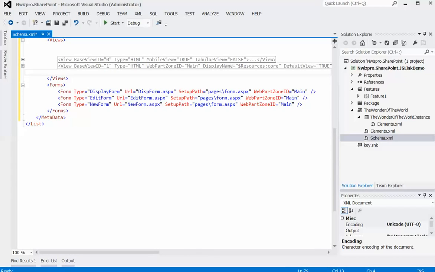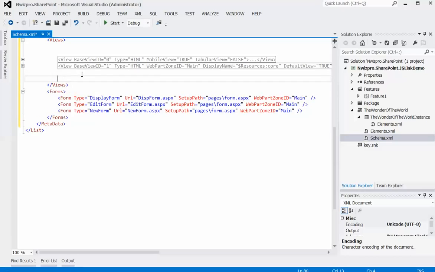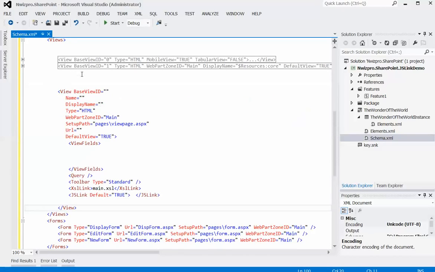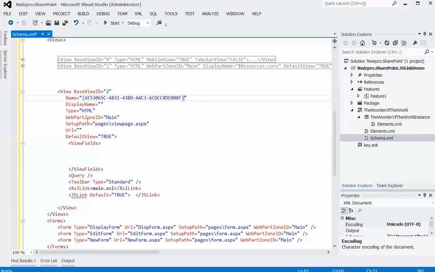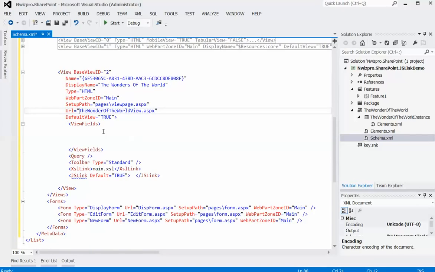Now I'll add a new section to this view with a base view ID as 2 and the name as nothing but a GUID, and I'll add a display name, the wonders of the world, the URL which is nothing but an ASPX page, and then